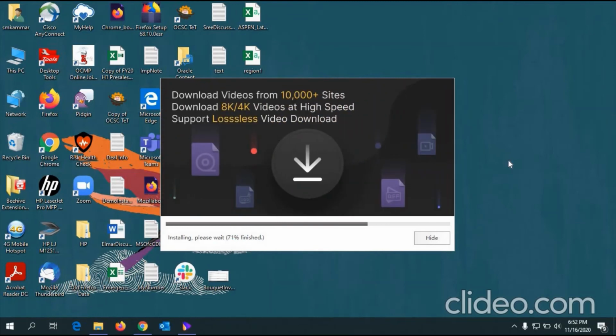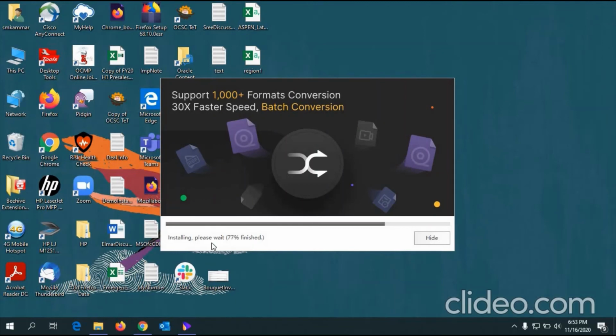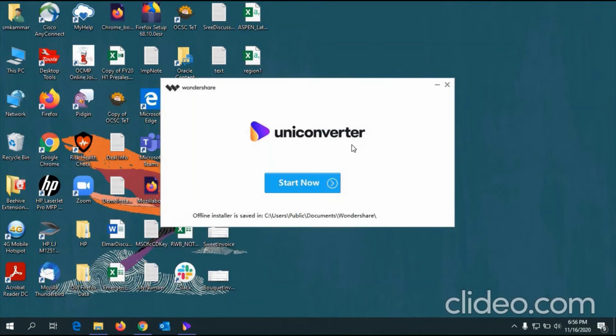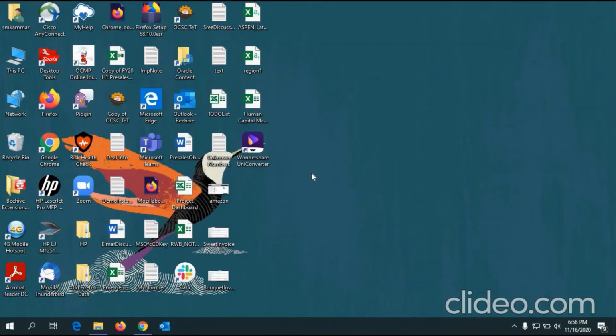Let's wait. So the downloading depends on your internet speed. If your internet is very fast, it becomes fast, or else a bit slow. Okay, so it's downloaded, and just click on start now. So it's starting. Here you can see the icon.